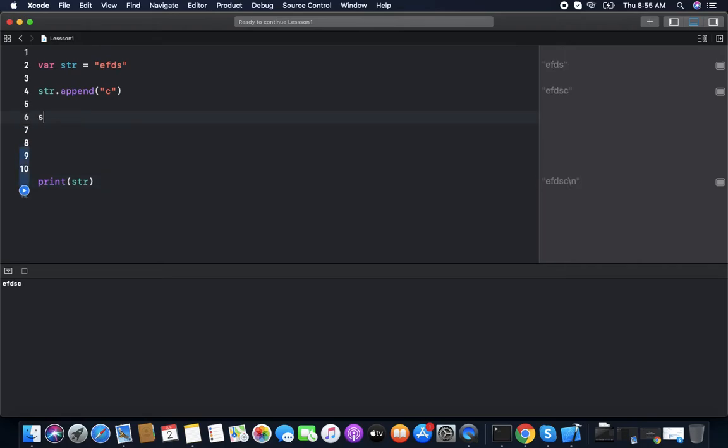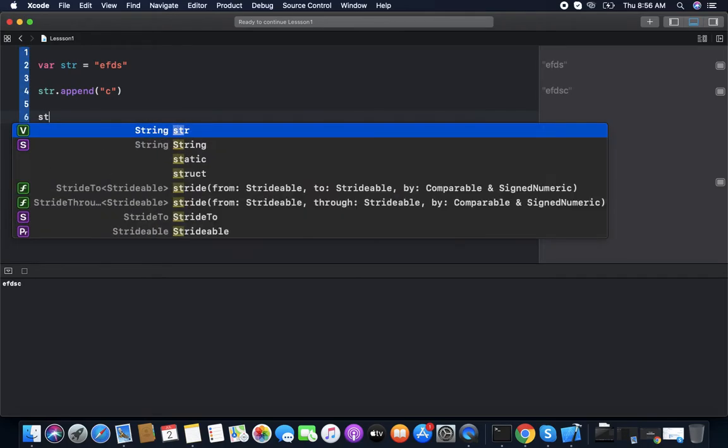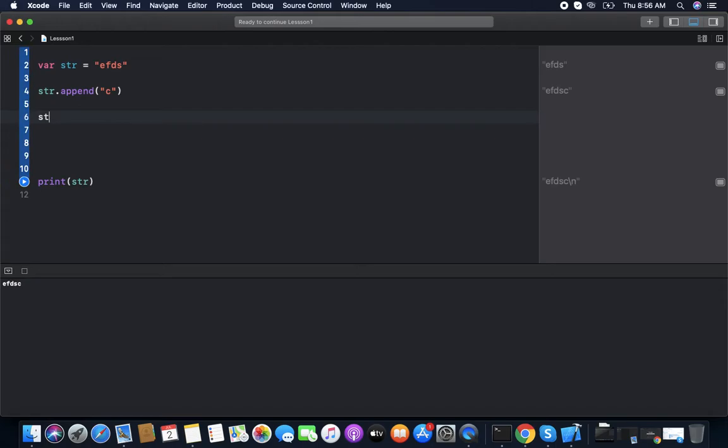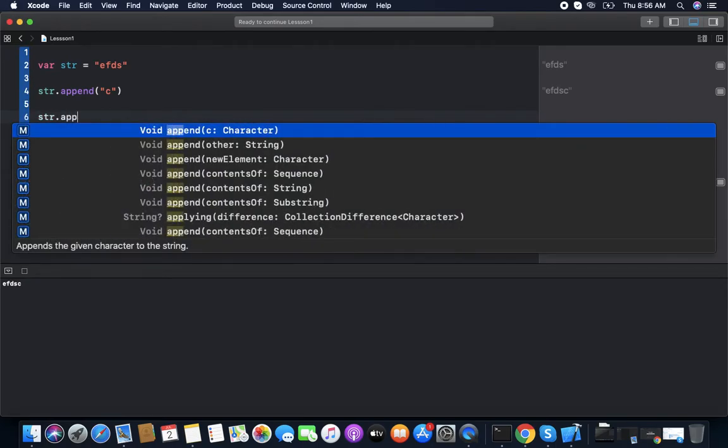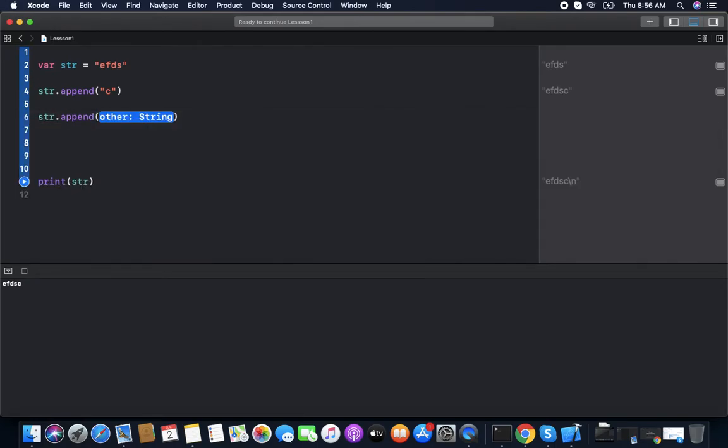We can also append a string. You can see it will become this.